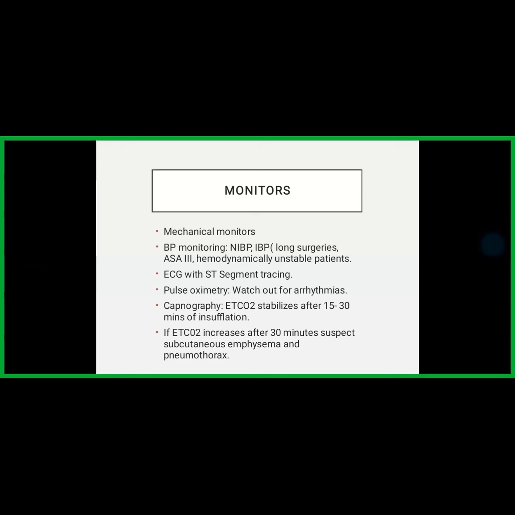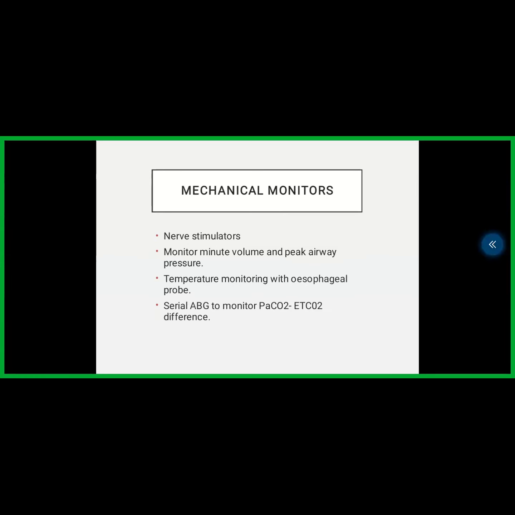Then pulse oximetry can also be done. Then capnography can also be done. The end-tidal CO2 stabilizes after 15 to 30 minutes of insufflation. Then if the end-tidal CO2 increases after 30 minutes, you want to suspect that the patient might be having subcutaneous emphysema and pneumothorax. Then nerve stimulators to monitor the depth of neuromuscular blockade or paralysis can be used. Minute volume and peak airway pressures can also be monitored to prevent the risk of barotrauma. Temperature can also be monitored as part of the routine monitoring. Serial ABG can also be done to monitor the partial pressure of carbon dioxide in these patients